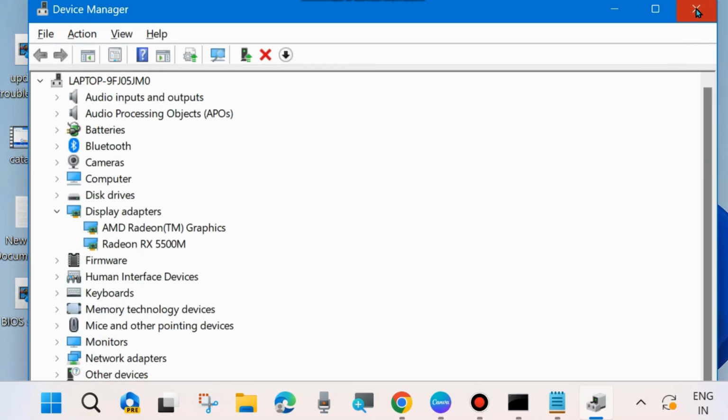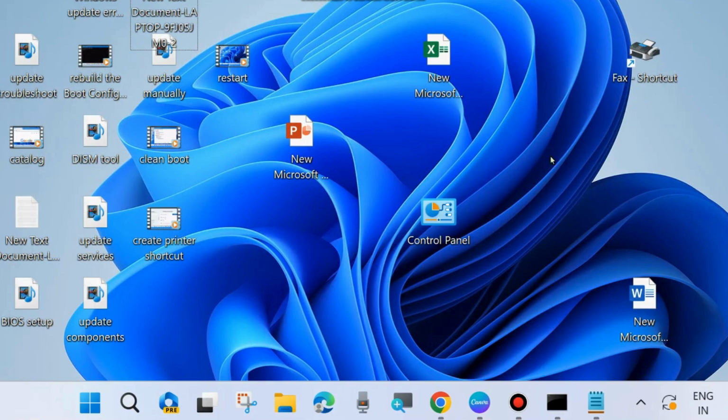An outdated device driver may be the cause of various types of errors appearing on your screen. After that, restart your system and check whether your error is resolved or not. If not, go to the next fix. Go to Windows Search,